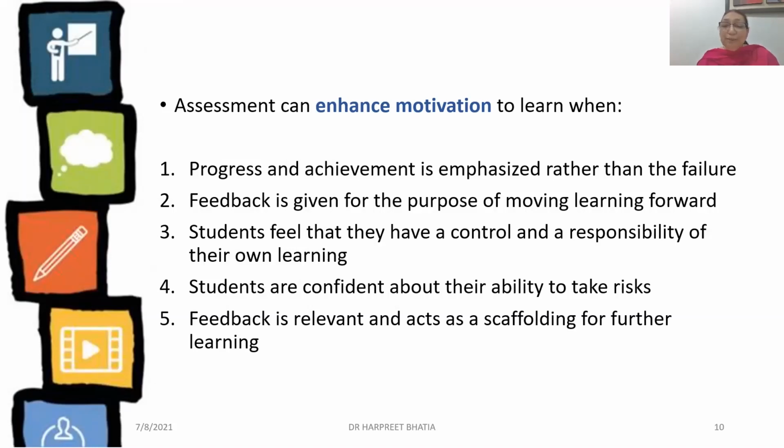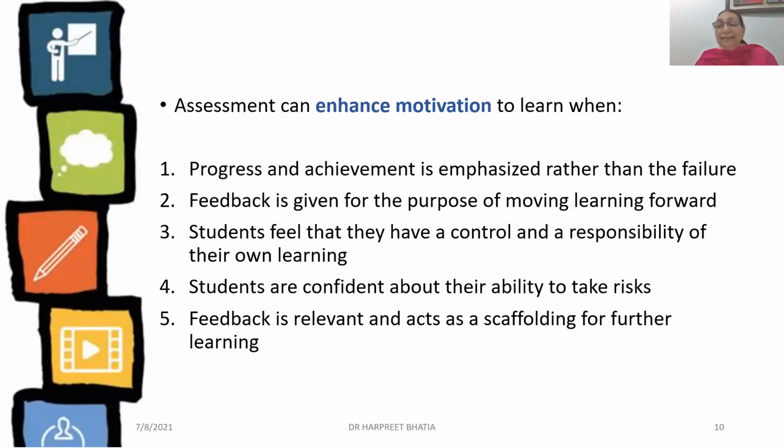to the student. And it is also the role of the mentor to help the student to feel confident about their abilities, that yes, I can do it, rather than feeling that no, it is beyond me, I am not capable of doing more than this. And the feedback acts as a scaffolding to help the student learn further, improve, gain greater knowledge, learn how to apply that knowledge. So all these aspects are very, very important in the learning process. And as a mentor and a guide, it is important that I use assessment as a motivation rather than as